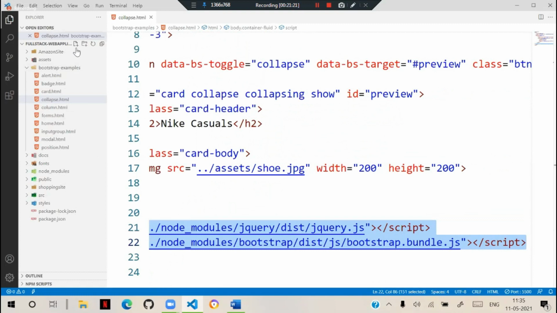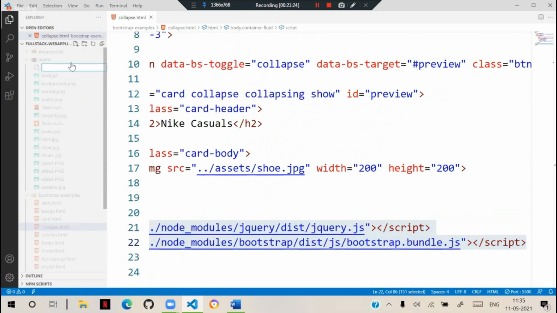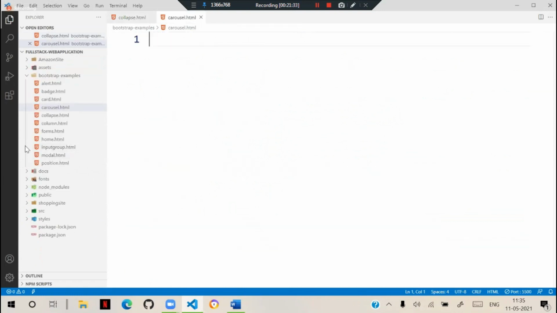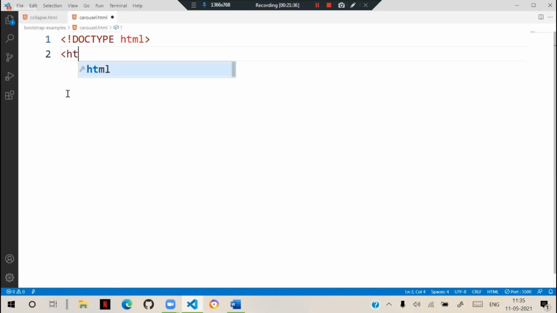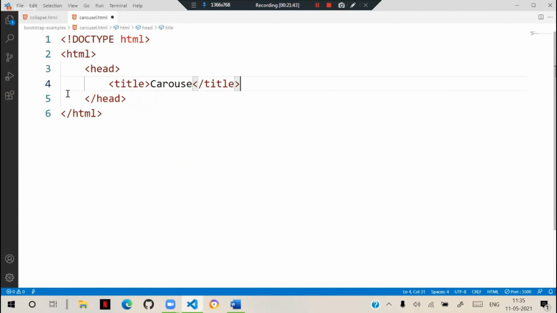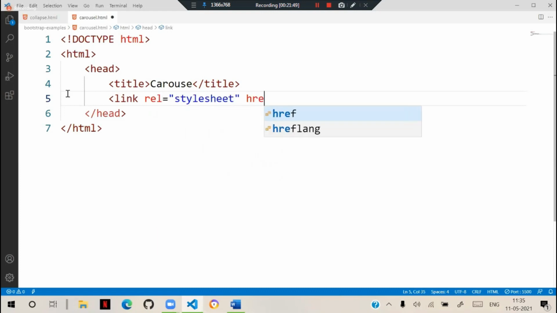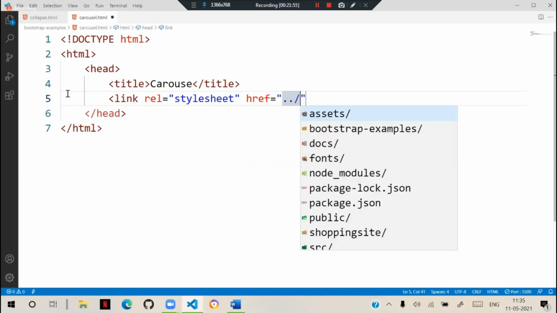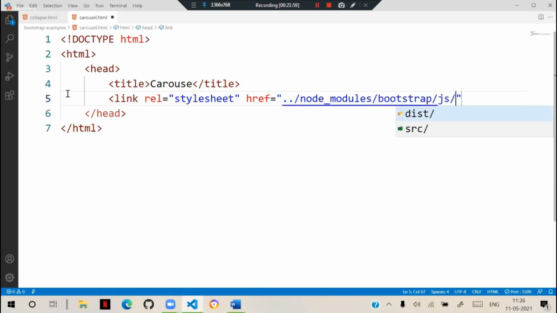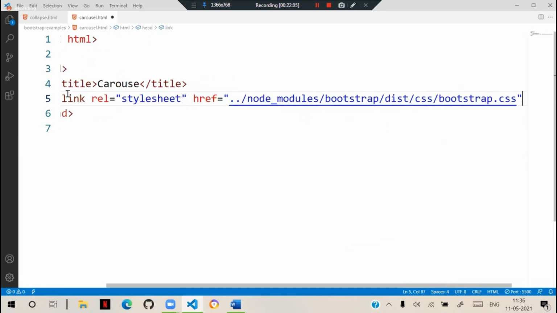I will add a new file in the Bootstrap examples, carousel.html. We add doctype HTML, head, title carousel, and link the Bootstrap: link rel equals stylesheet and href equals the Bootstrap node modules, Bootstrap dist, css, bootstrap.css.